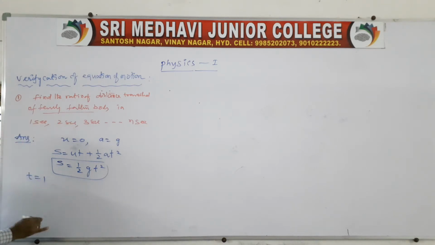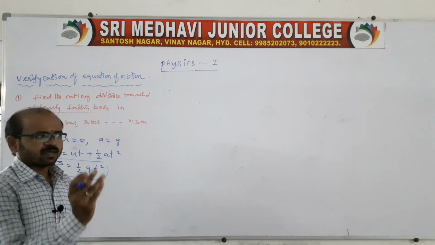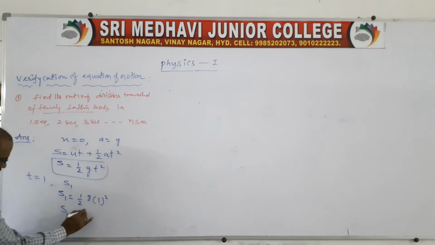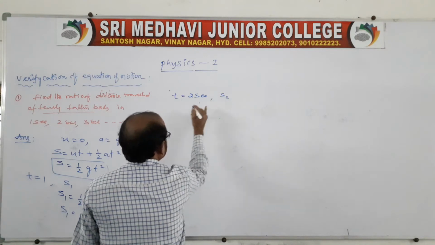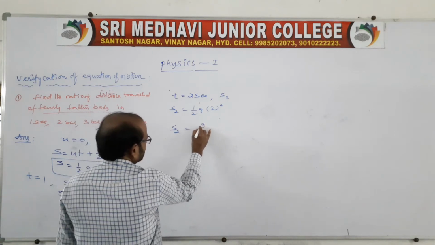Let us use different times. Suppose I take 1 second, the distance you take as S1. You do not substitute the g value. We know the g value is 9.8 or 10, but here it is not required, because here we are taking the ratio. For the ratio, what will happen? That g and 1 by 2 will be cancelled. So, I will show you. You take S1 is equal to 1 by 2, g as it is, and time is 1, then S1 is equal to g by 2, expression 1. See, for 1 second, the distance travelled is g by 2. And you go for 2 seconds, that is t is equal to 2, and you take it as S2. Therefore, S2 is equal to 1 by 2 g into 2 square, right? S2 is equal to 4g by 2.